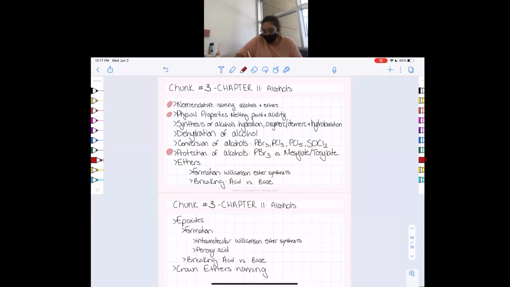And I don't think ethers and epoxides will be on it, but I will briefly cover how to name crown ethers because that's a really easy thing. For these ones,